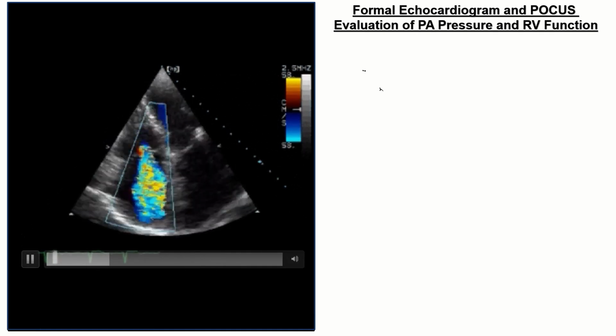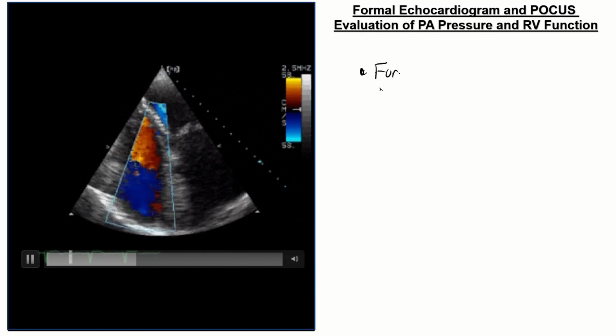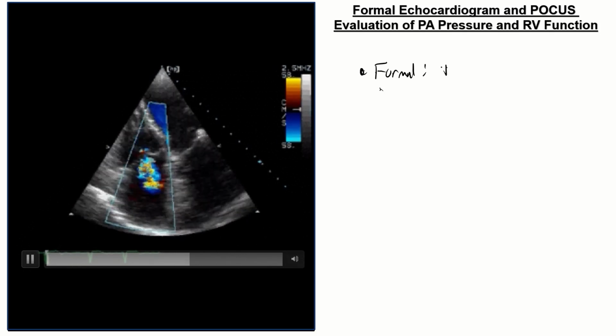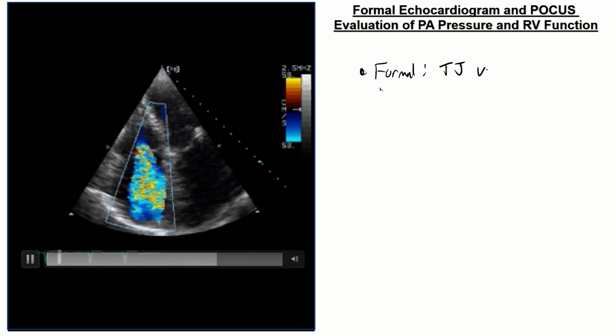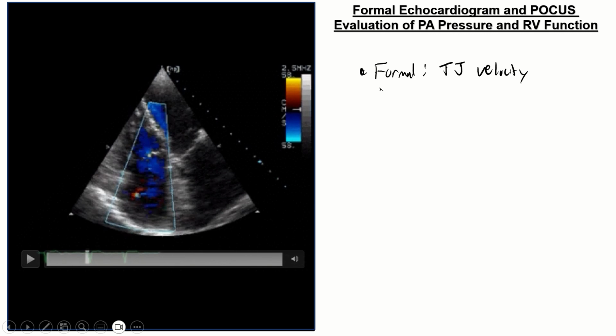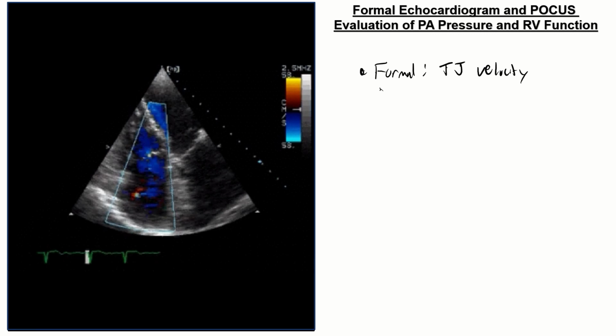So on a formal echo, the way that you're going to diagnose it is really going to be from your tricuspid jet velocity. They're going to measure this with a formal echocardiogram to see if these patients have pulmonary hypertension. Based on the velocity, they can see what your right ventricular and pulmonary arterial pressures are, but they assume that the right atrial pressure is normal, which means that a lot of times this may underestimate,